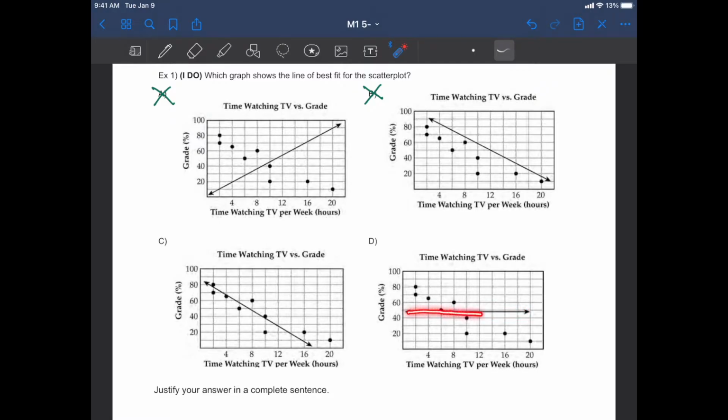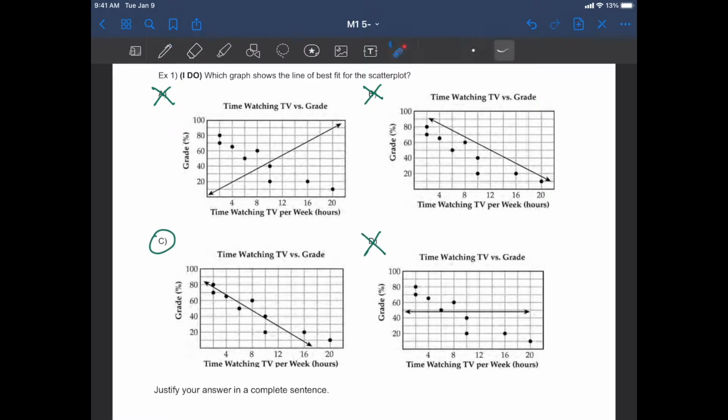And so also I wouldn't say that this is no correlation, but it's neither positive nor negative. So if there is a data set that looks flat like this, it is just a correlation. I'm not really sure what the statisticians say about that, but we now know that D is not correct